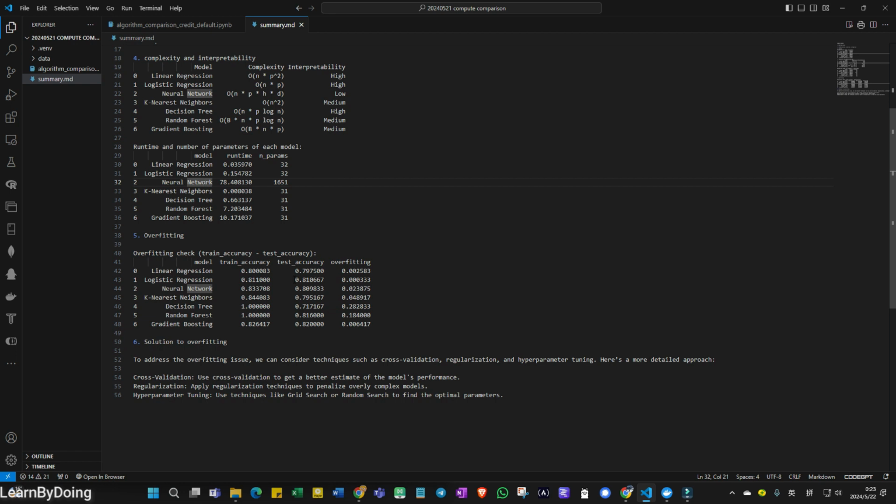So whenever you use the existing data to separate train and test data and fit them in the model, whenever you see that train accuracy is higher than test accuracy,